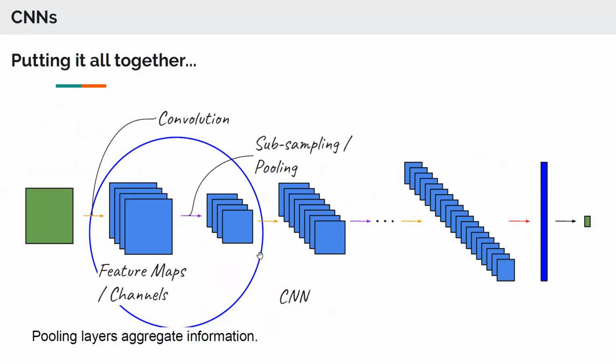Right? So pooling layers aggregate information. So now we have both the main important sub-blocks of CNNs. We have the image, we pass it through convolutional layers, we get a number of channels, we pass that through pooling layers, we reduce the dimensionality of the channels, and again, as we said, we apply the pooling to each channel independently, right?